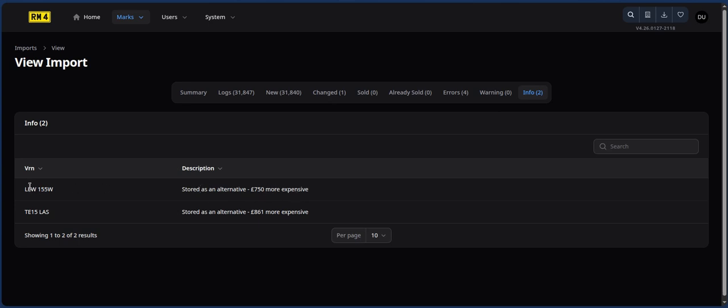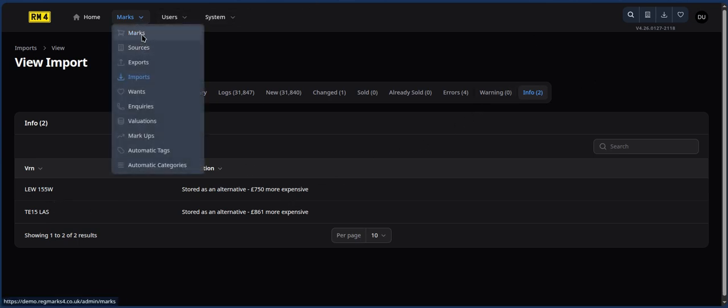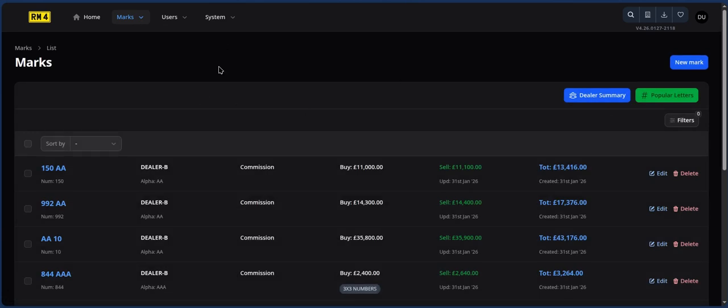So we've been notified that it was £750 more expensive on this import. So we will have stored the details against that. LEW155W, we'll have a look at that in a minute. So if we go to the marks,